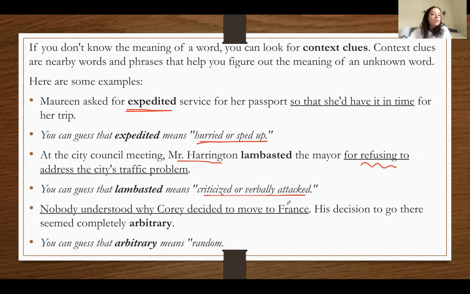And then here, nobody understood why Corey decided to move to France. His decision to go there seemed completely arbitrary. So from these lines right here, nobody understood why he decided to move to France. Everyone was confused. His decision seemed to be arbitrary. Since everyone seemed to be confused, we can guess that arbitrary means random, out of the ordinary, something that Corey